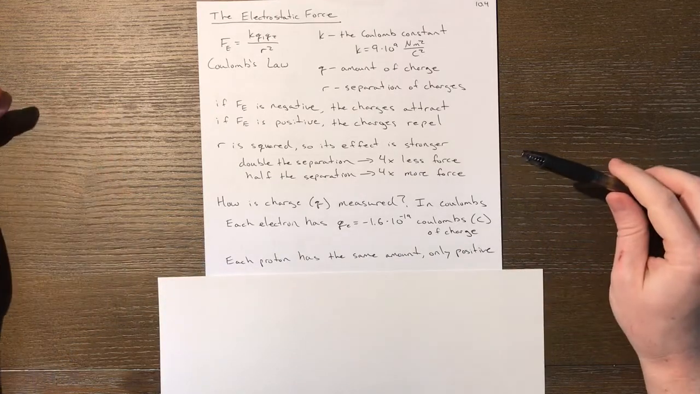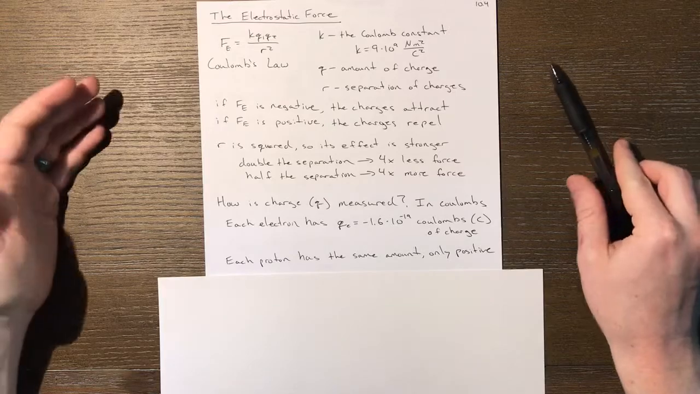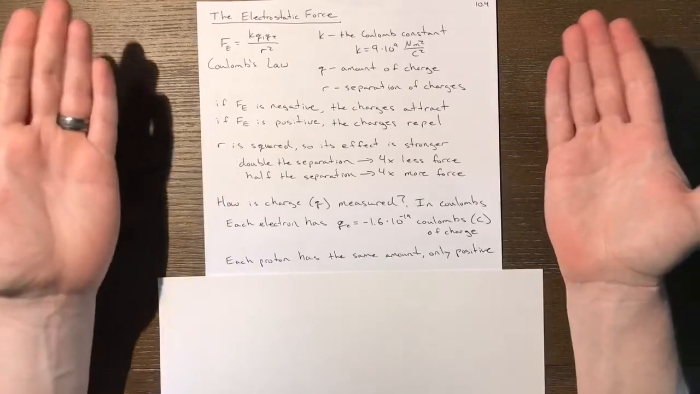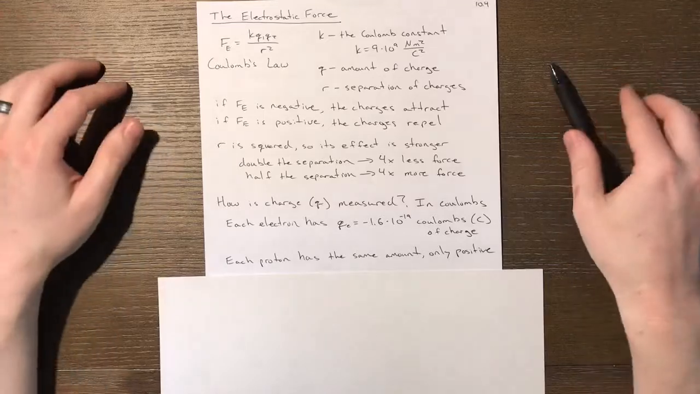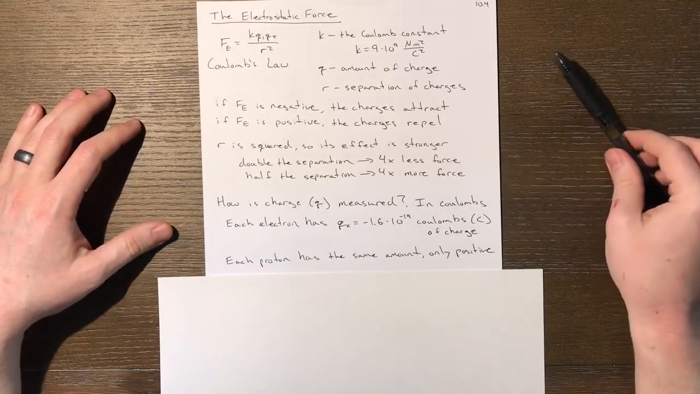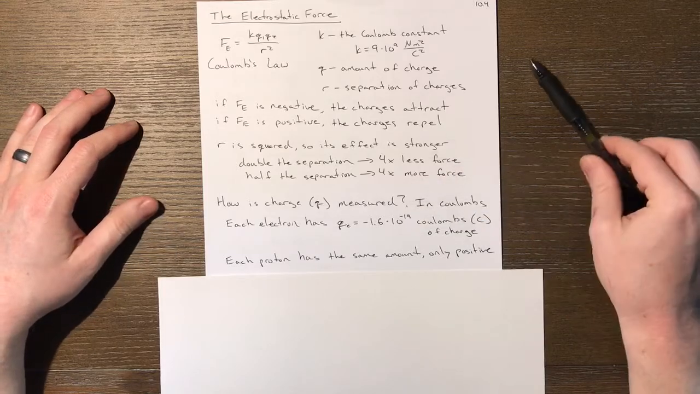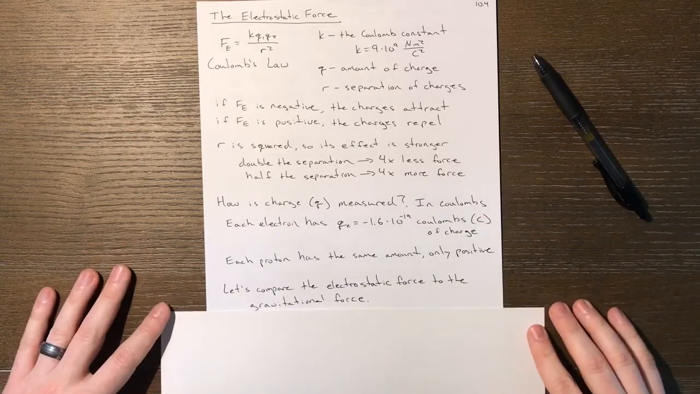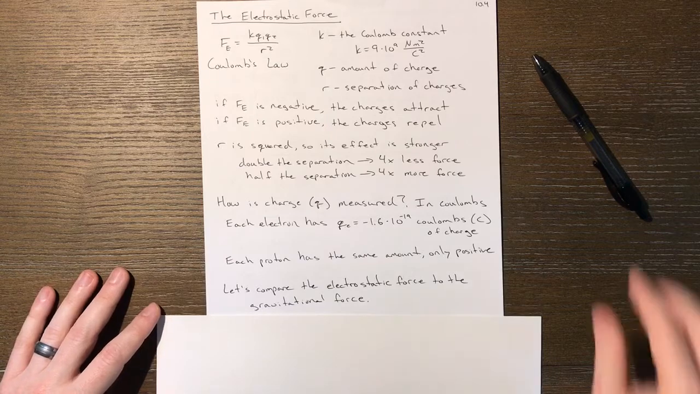Protons have the exact same amount of charge, only positive, and that's why if you have an equal amount of protons and electrons, you have a neutral charge, because the amounts come in the same size. The only difference is that electrons are negative, protons are positive. So with this